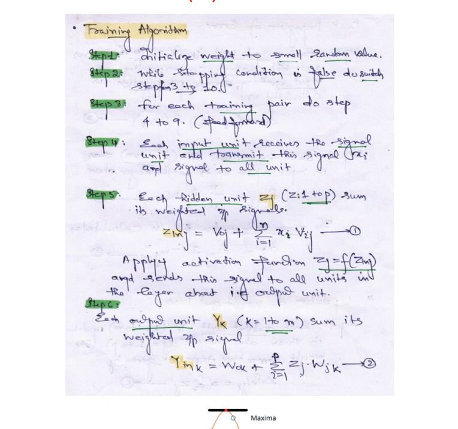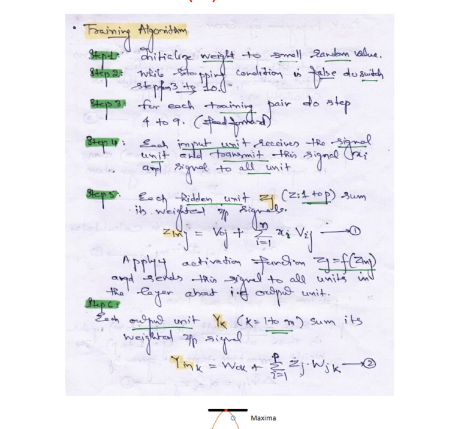That's how, once we get it, we apply the activation function. So we get z_j, that is f of z_in_j. This is what we do as the very first point, calculating the hidden nodes. And from the hidden node, we are finding the y_in_k, where it is nothing but this